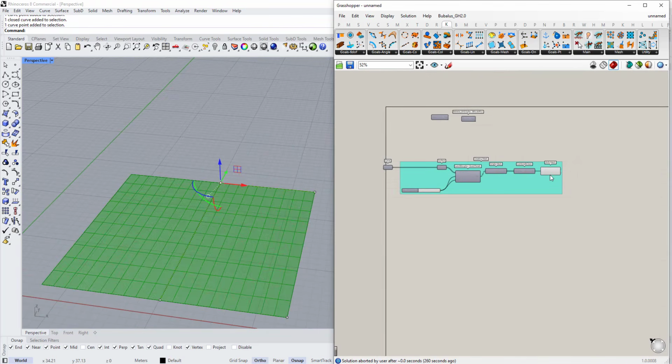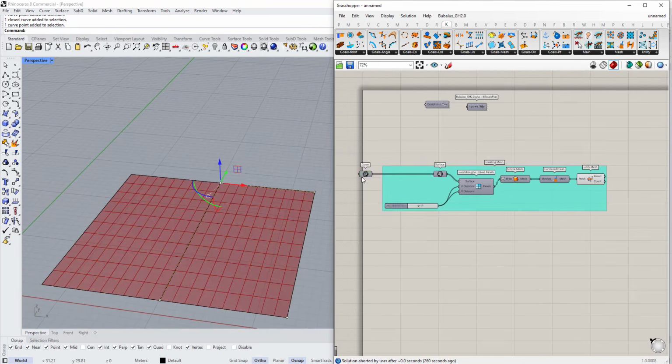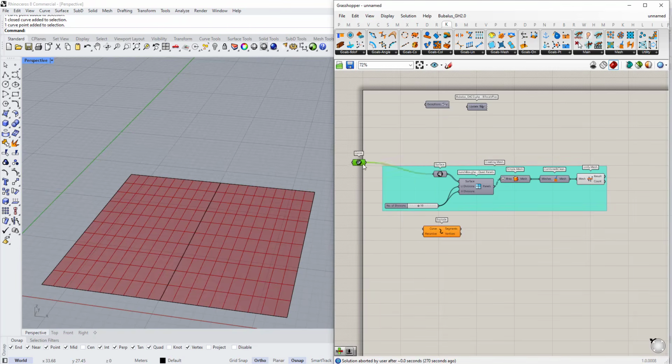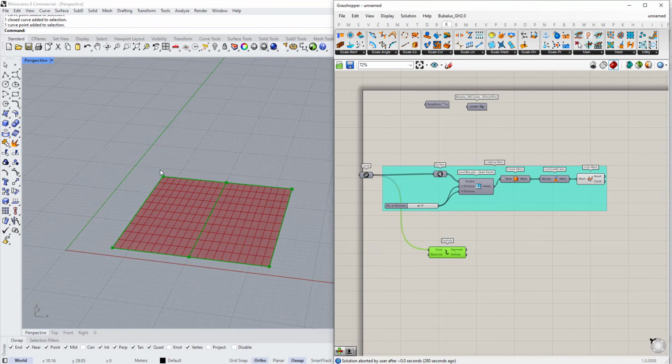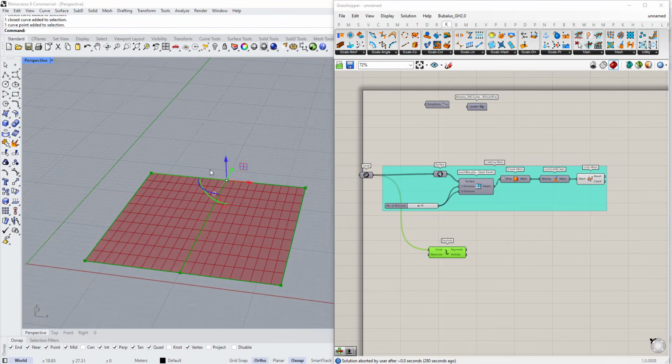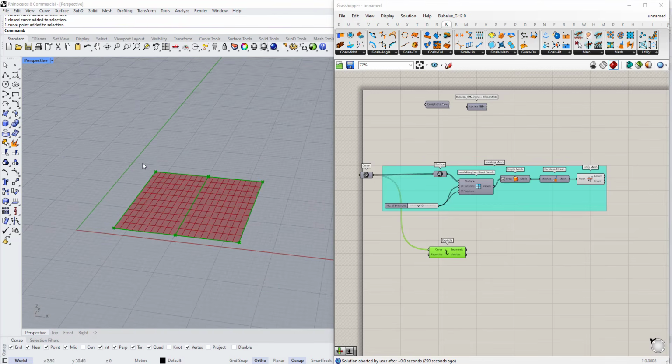So I'm not going to extract the points from the mesh. I'm going to extract the points from the curve. So I'm going to type exclude. To this component, exclude this polyline into segments and vertices. So now we have all these vertices, but as you can see, there are some overlapping here. So we will have 2 points here. Based on this shape, we only want 6 points, but as you can see, we have